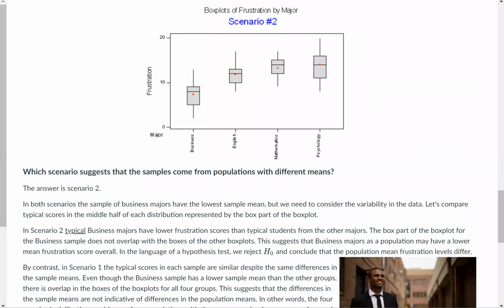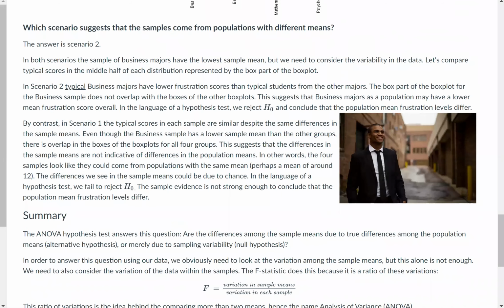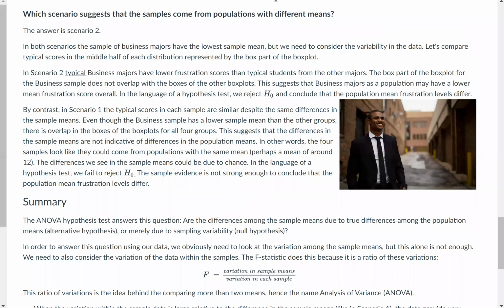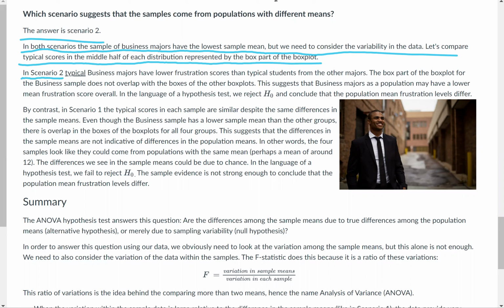Which scenario suggests that the samples come from populations with different means? That would be scenario 2, because in both scenarios, the sample of business majors has the lowest sample mean, but we need to consider the variability in the data. Let's compare typical scores in the middle half of each distribution, represented by the box part of the box plot. In the bottom scenario, scenario 2, typical business majors have lower frustration scores than typical students